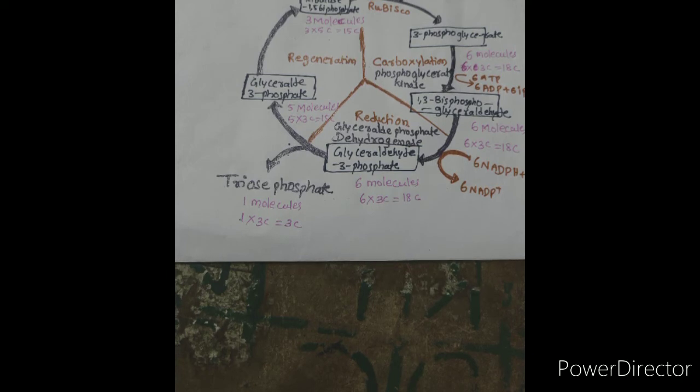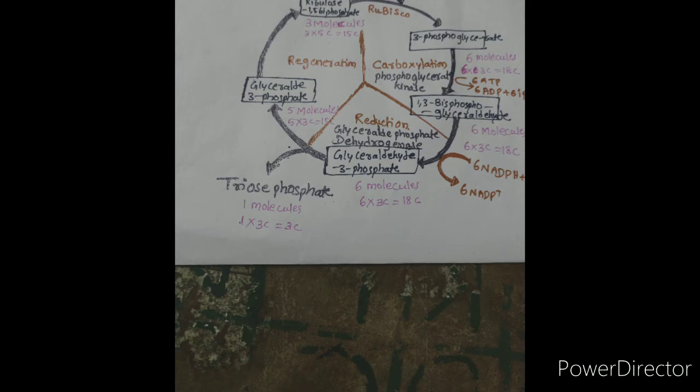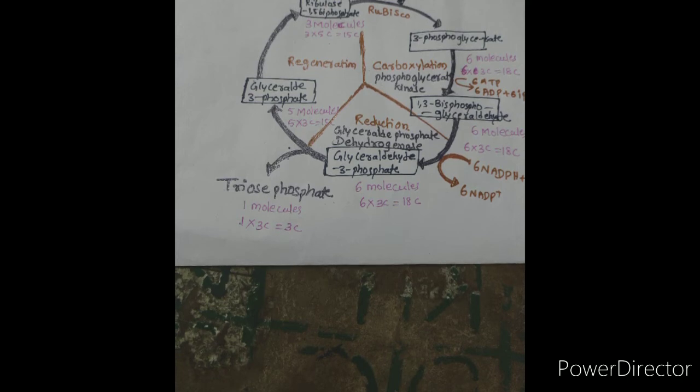The second stage in photosynthesis is the fixation of carbon dioxide gas. This is also known as the dark reaction or the Calvin cycle. Here, the starting substance is ribulose 1,5 bisphosphate. It contains 5 carbon atoms in each molecule. Such 3 molecules combine with 3 molecules of carbon dioxide gas. So, as a result,